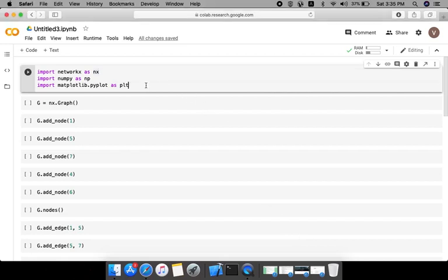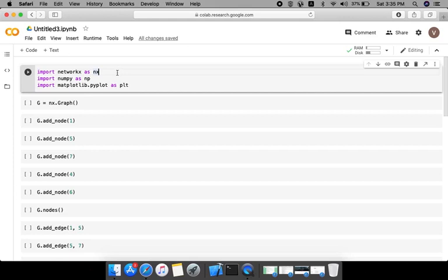So let's begin. To have the graphs using Python, we need to import some libraries. So we import libraries namely NetworkX, NumPy, matplotlib.pyplot. So the commands are import networkx as nx. Here the "as nx" is for us to not use the word networkx again and again in our program.